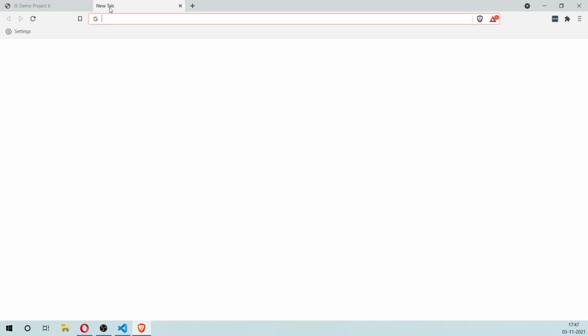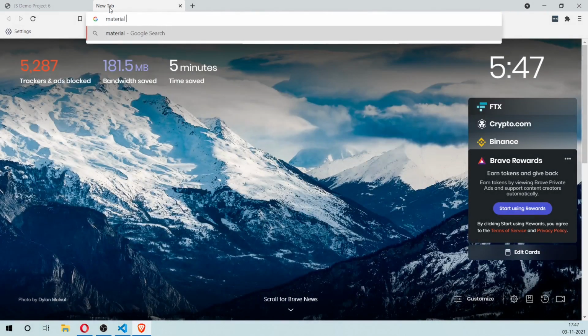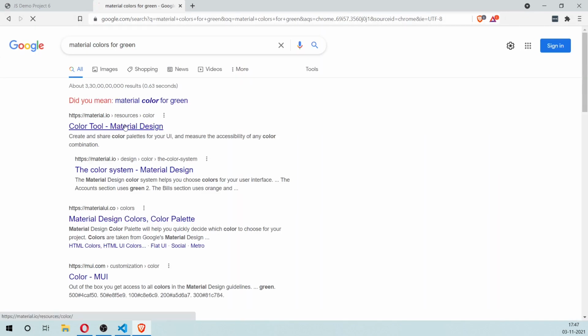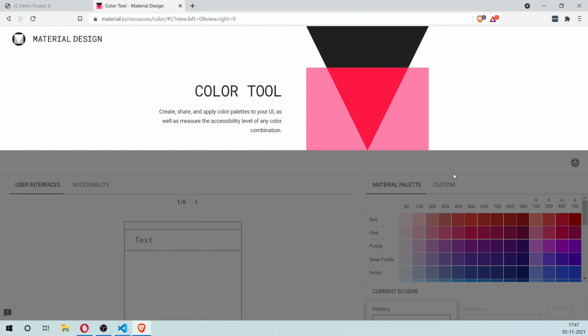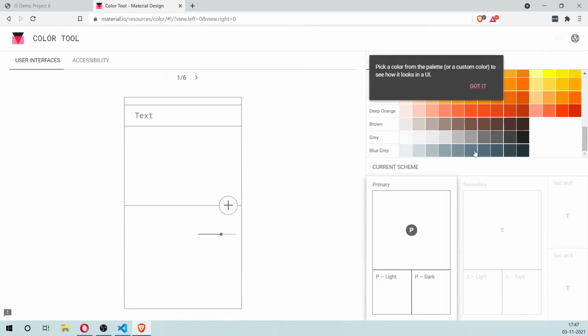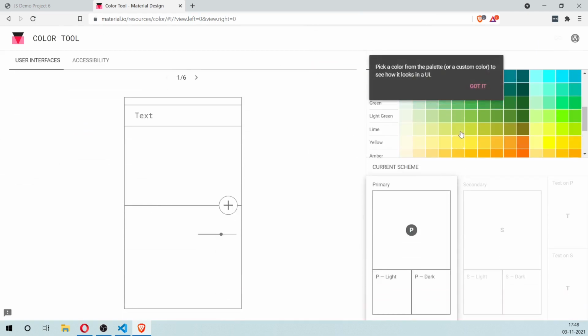You can actually Google for material colors for green, and it should give you various shades of green.